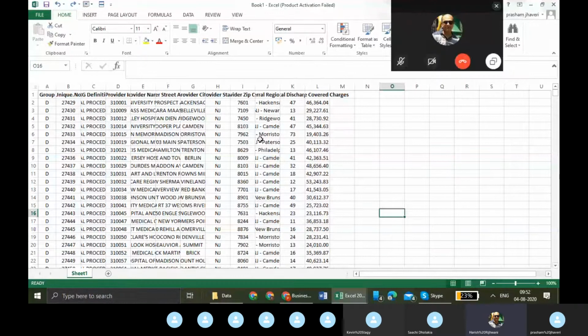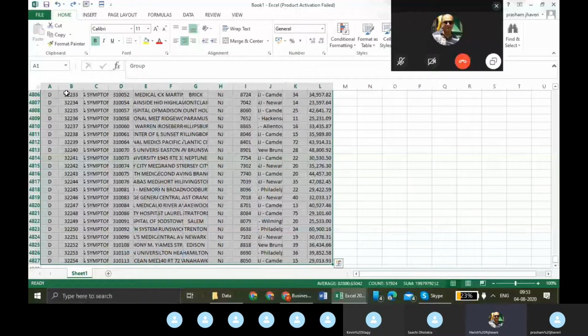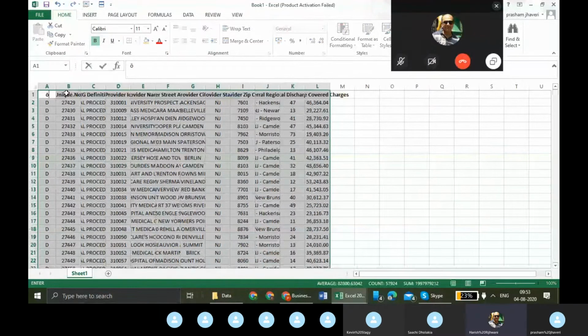Now go to the cell A1. Select that cell. Now press Control A. Control N. Now press Alt O. Alt O C A. No, no, no. Press Escape, Escape. Now press Alt. When you press Alt, you see the menu.